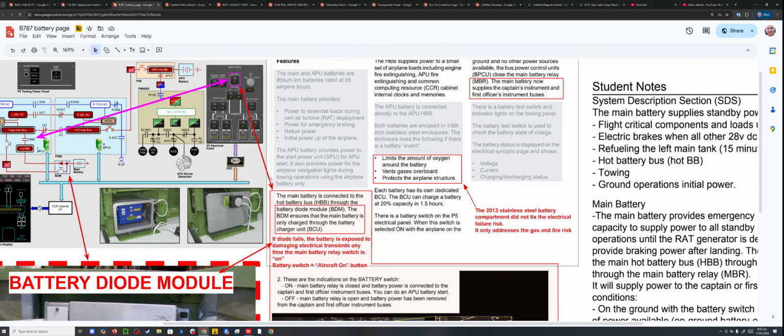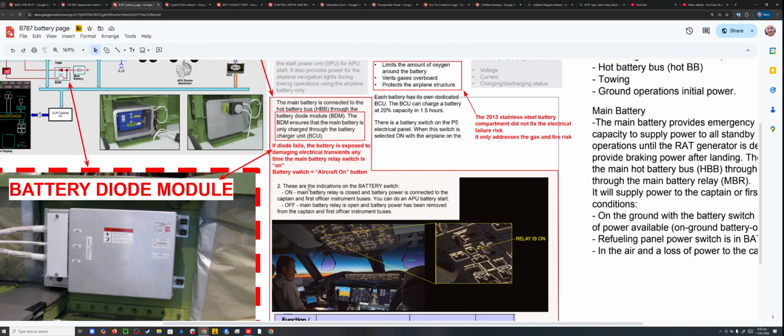Okay? The battery switch here. These are the main indications on the battery switch. On means the main battery relay is closed and battery power is connected to the captain and first officer instrument bus. So here we go, during flight,